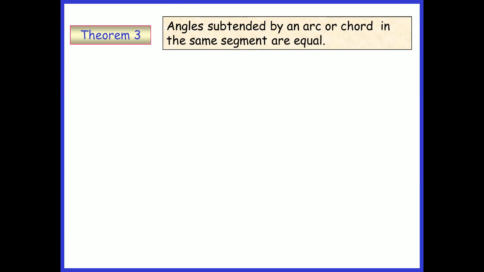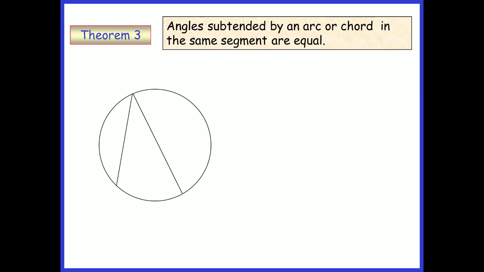Theorem 3. Angles subtended by an arc or chord in the same segment are equal. So, if I have lines going from a chord down here,